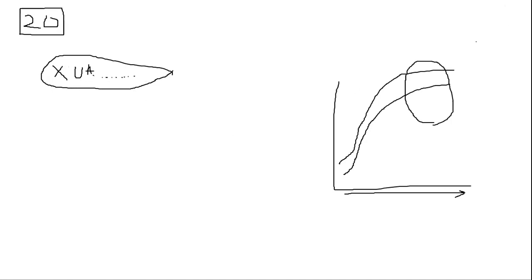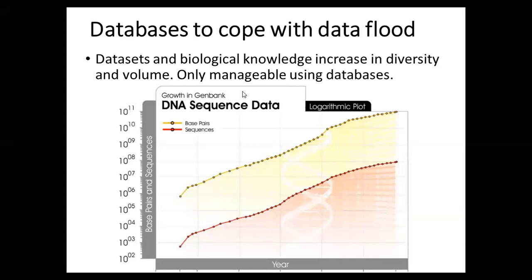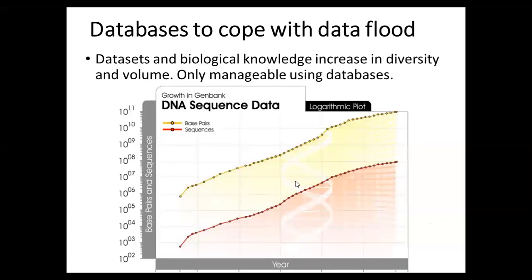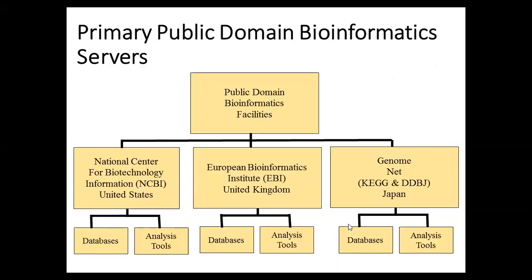So I will share my screen again for you. So you can see here DNA sequence data, which are actually nucleic acids. How many sequences with the year? So this is the year, it is not visible here. However, as the time increases, you can see